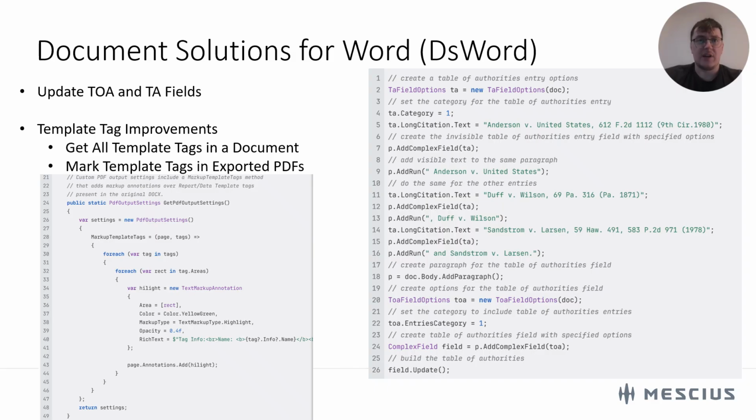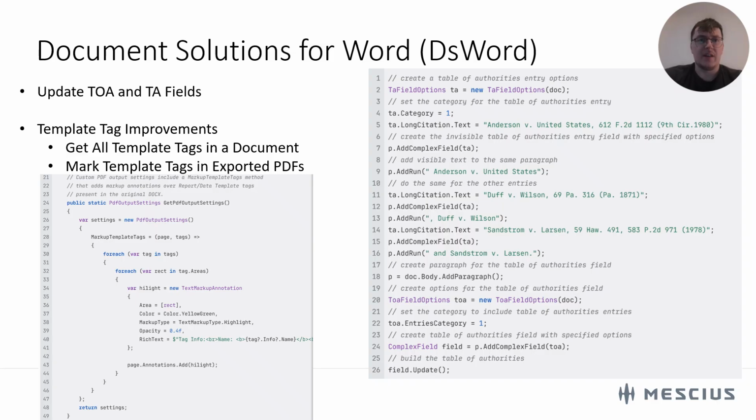The second DsWord enhancement focuses on template tag discovery. With the new GetTemplateTagInfos method on DataTemplate, you can programmatically retrieve every placeholder in a document, along with details like the tag name, type, and range. This is especially useful when you need to validate document data, generate reports, or enforce role-based permissions before merging or